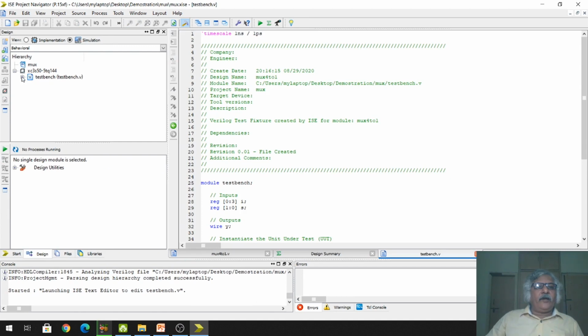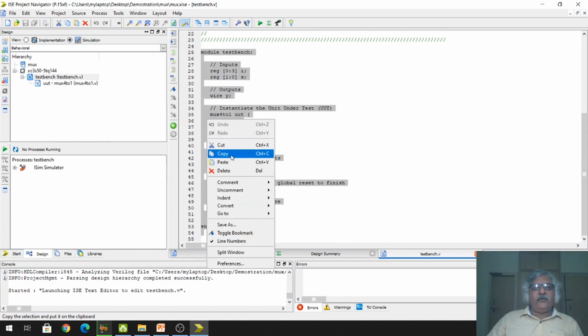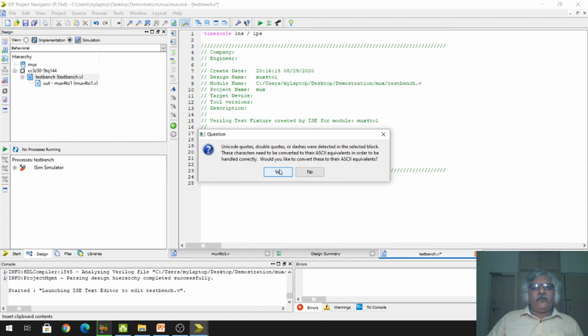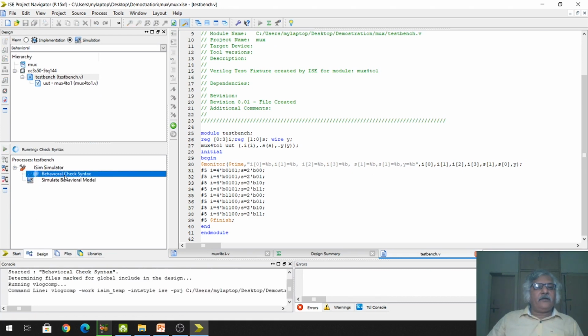If you expand this, you can find this UUT. Name is mux421. Right, now in the test bench, I will copy the code which I have just shown you. I will paste this code here. Okay. Now I will save this file. Now I will check the behavioral check syntax. It is okay.